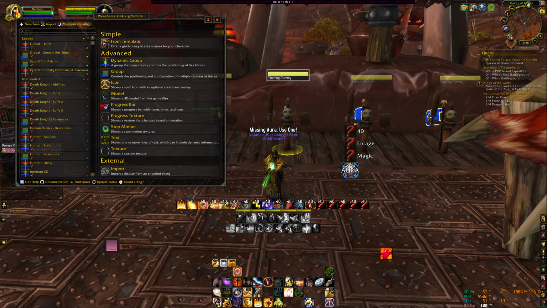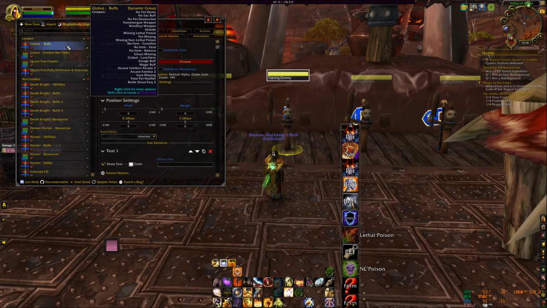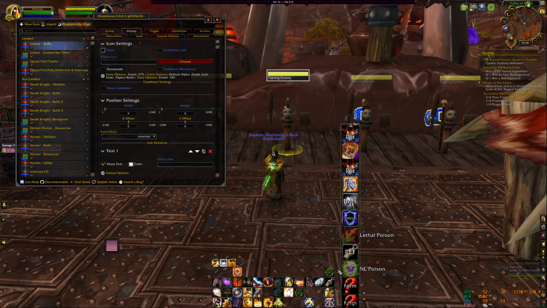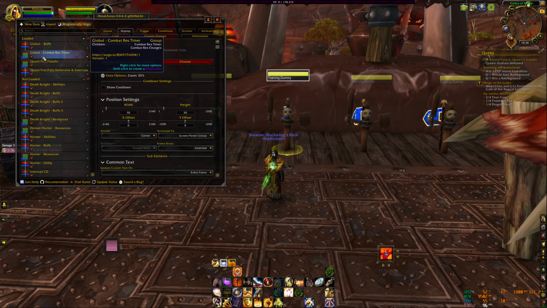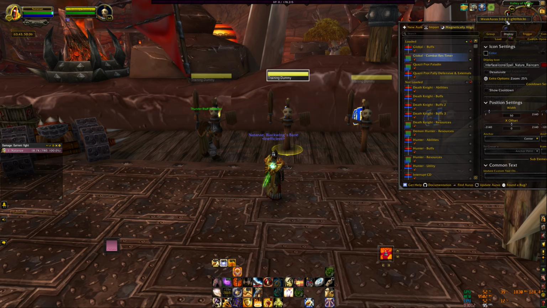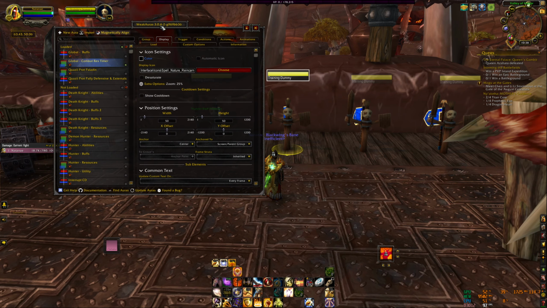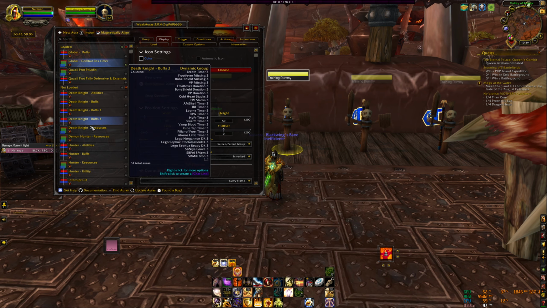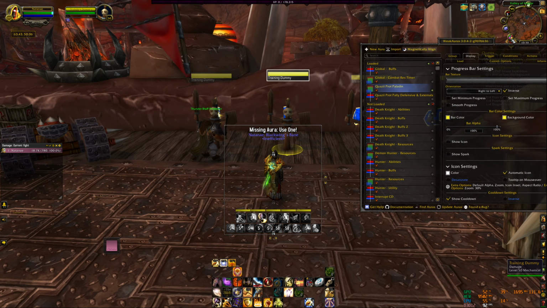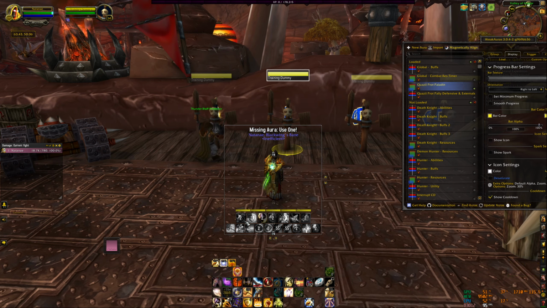So basically, I have it set up to where if I'm missing a buff, it'll tell me, or if the enemy has a buff, it'll tell me. It also keeps track of B reses, so we'll know how many B reses are available and what the cooldowns are on them. This is all my cooldowns and abilities, so this will help me when I'm getting ready to pull or something like that. Like I know I have a shield up, I need to use Consecrate or whatever. I know when my cooldowns are up,